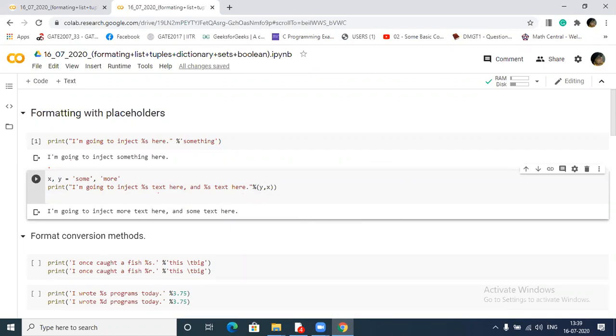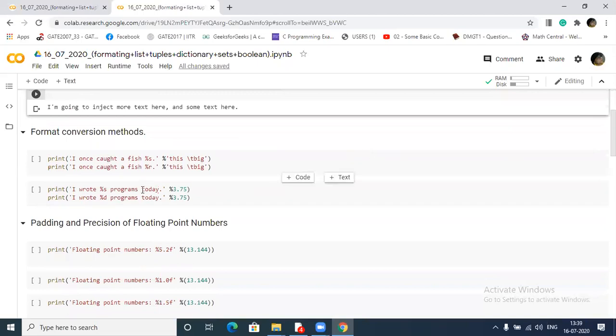Now formatting. There is a function we call REPR. Okay, how to format this? There is a function called REPR. You can check it.